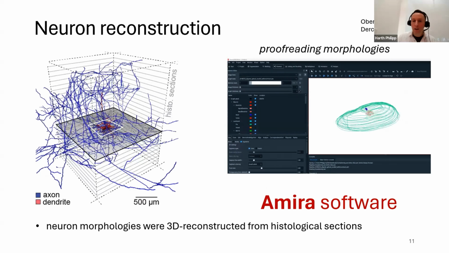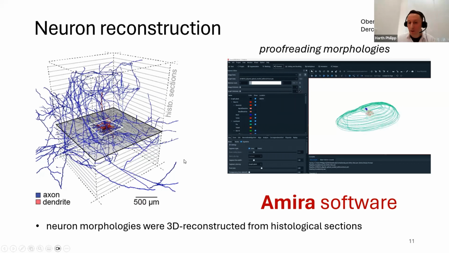And in this context, this light microscopic approach still has its advantages, because here we can label individual cells. That is how we retrieve the morphology samples. Here we see an illustration of that. This is one neuronal cell. Red is the dendrite, and blue is the axon. So this cell was labeled with a marker in the neural tissue, and then histological sections of this tissue were scanned light microscopically and then reconstructed to get this line structure of the neuronal branches.